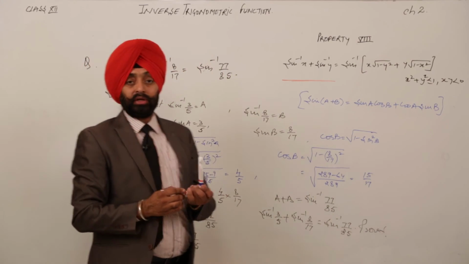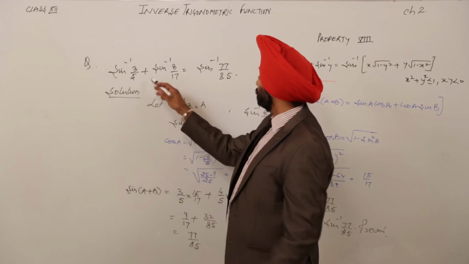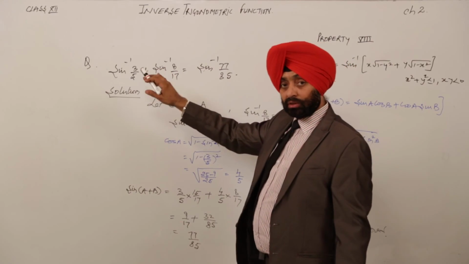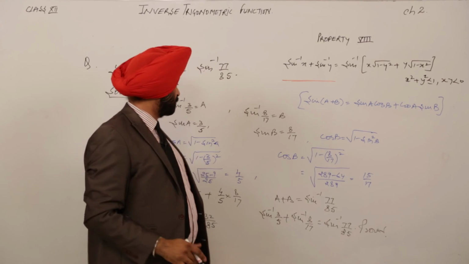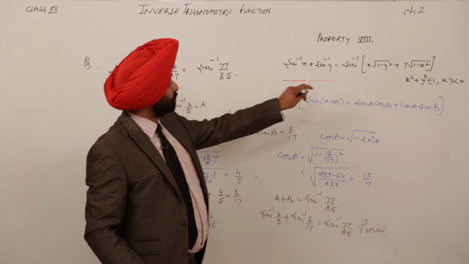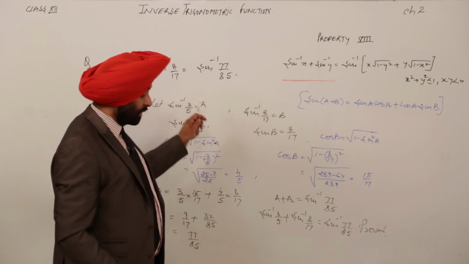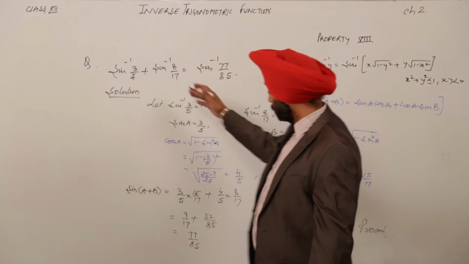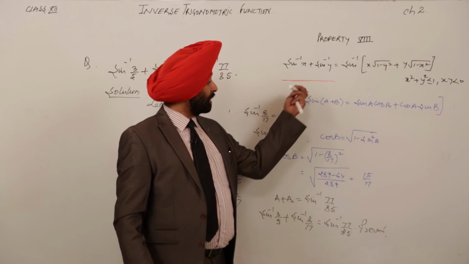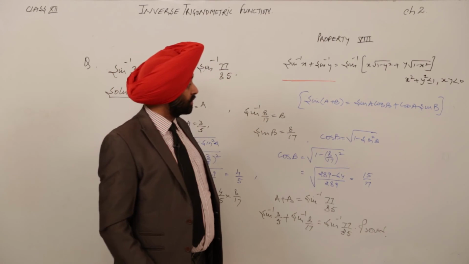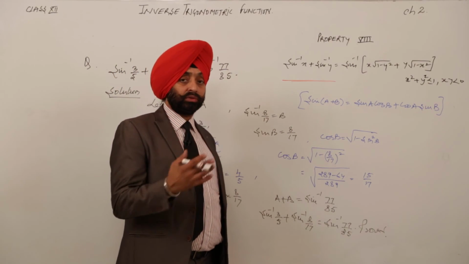So now what we have done with a very simple question is that we have not converted this part into tan inverse, as we did in the earlier cases. So directly we can use this property to solve an entire question with this method. Okay, so similarly we can proceed with the negative part, sin inverse x minus sin inverse y is equal to the second part for the property 8.